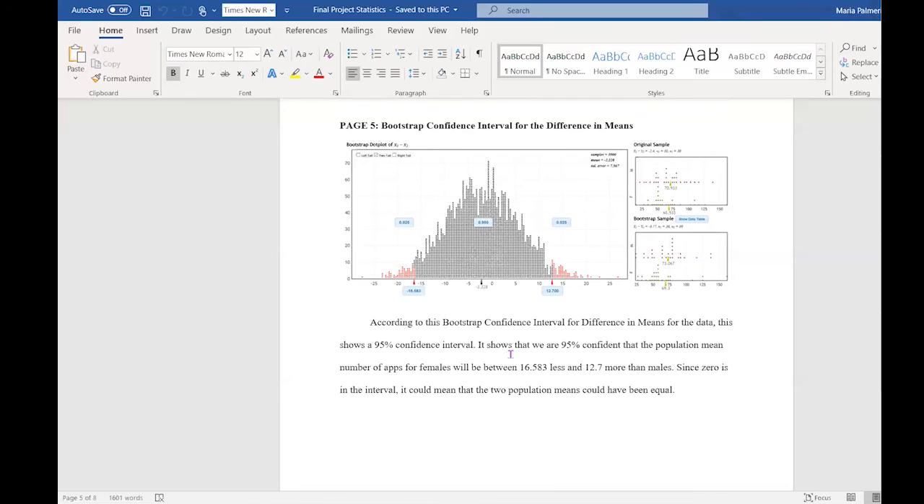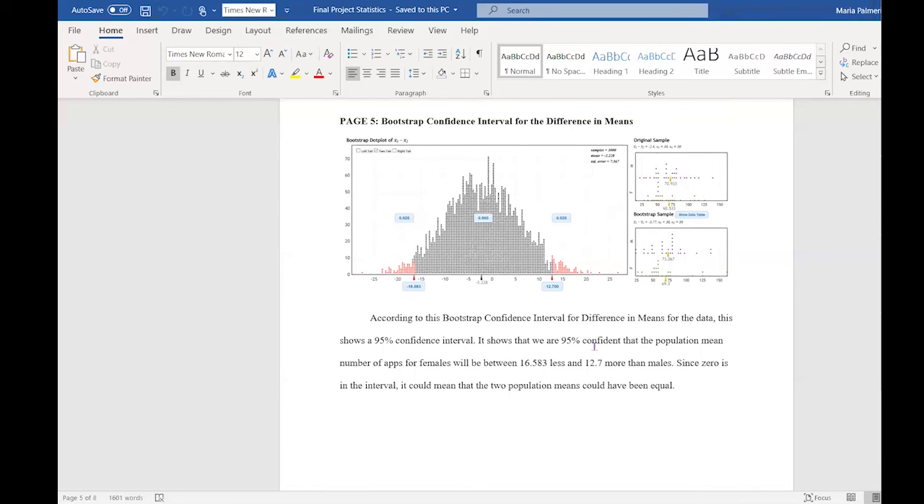Does that make sense? Okay, and then this last sentence is also really important. Since 0 is in the interval, it could mean that the two population means could be equal. And this one is a really big thing to recognize. So when 0 is in the interval, that's a big thing, because when we're looking at the